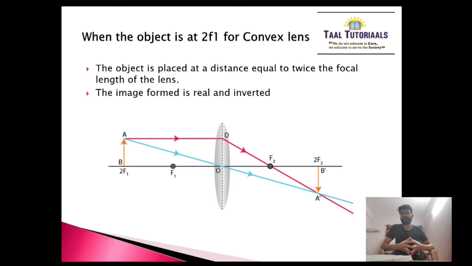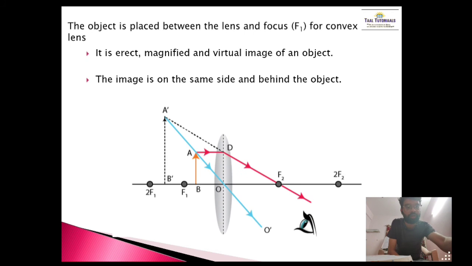Thus the two refracted rays DA dash and OA dash meet at a point A dash, which is the real image of the point, and similarly the point B of the object is found as the image B dash. Thus an image is formed when the object is placed at a distance equal to twice the focal length of the lens. So here the image is of the same size as the object, and the characteristics are: it is real, inverted, and the same size. Class, please note down, this is a very important topic.